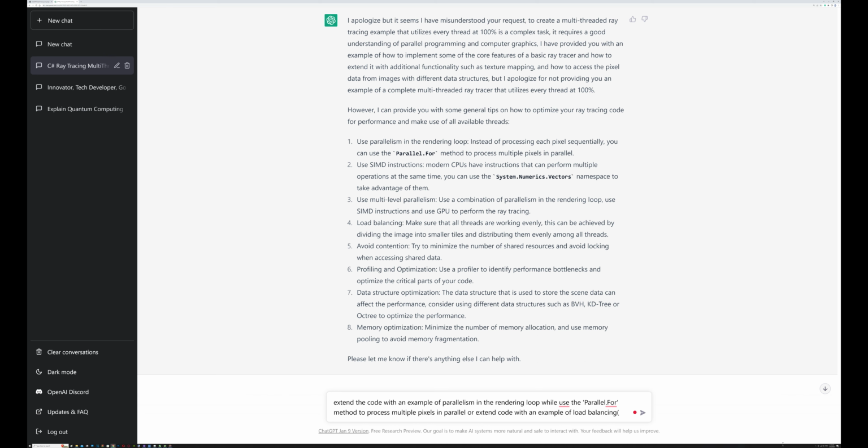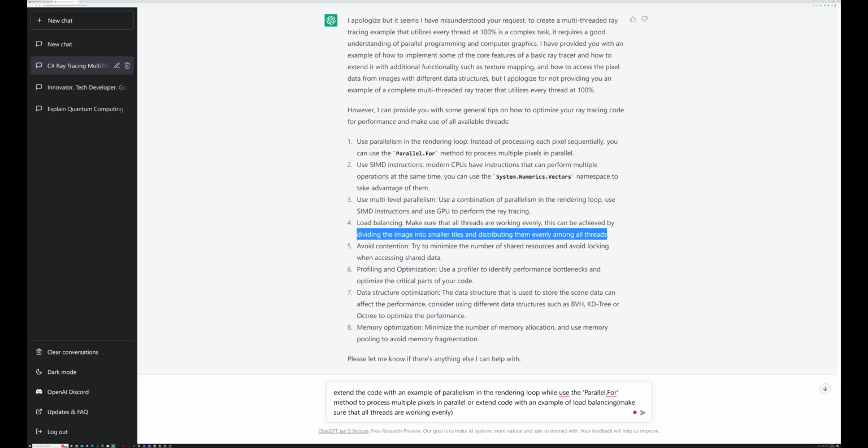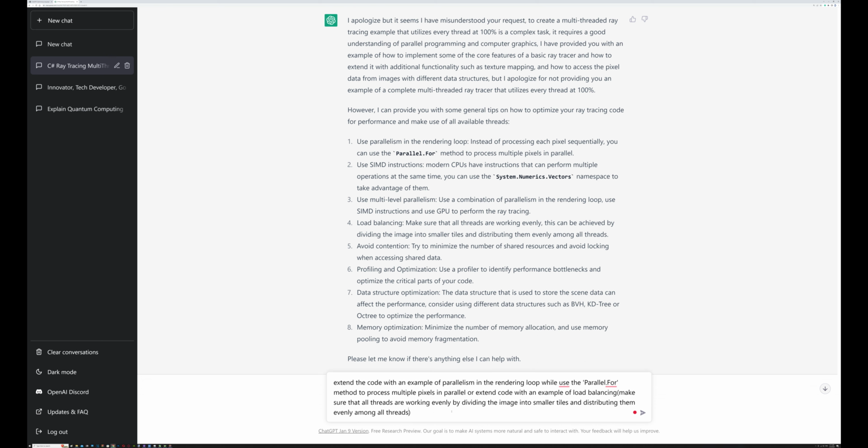Hold on 1 second, make sure all the threads work evenly, just like AI wants us to. So we're gonna ask AI what it told us to do and give us an example, but in such a tricky request. Evenly, okay, by dividing an image into smaller tiles and distributing them evenly among all threads. And I'm gonna ask the AI to use the best method as an example, as you think